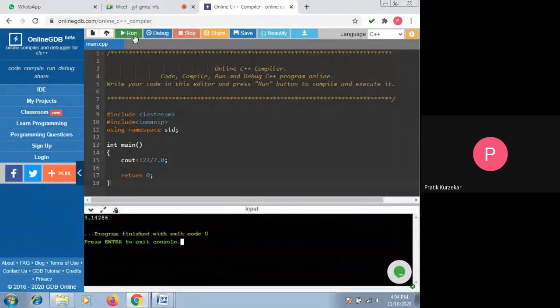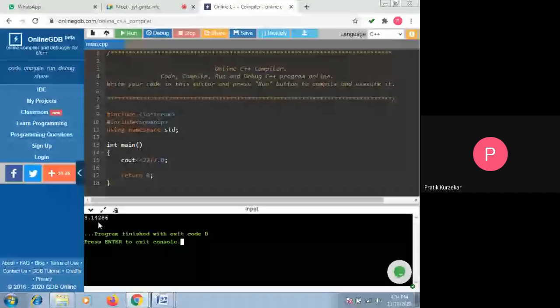Now what will be the output? 3.1426286. Okay, means after the decimal there are totally 5 digits. But I want to set my precision, की मला decimal नंतर 2 digit पाहिजे. At that time, to decide how many digits we require after the decimal point,